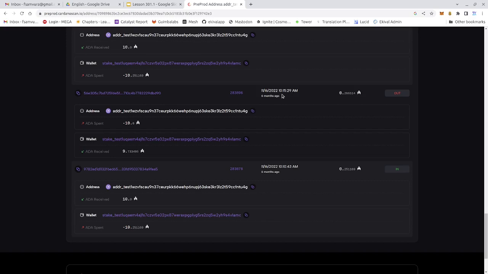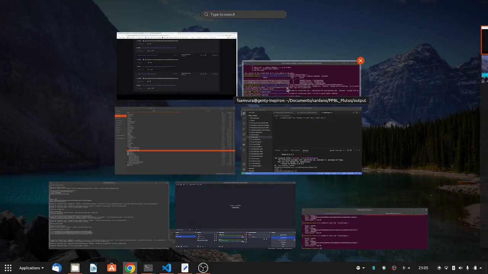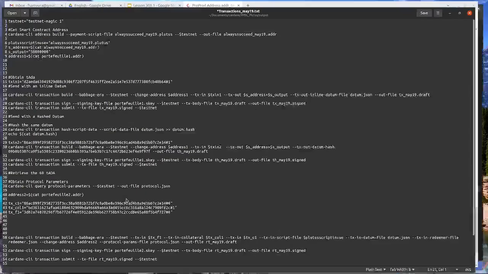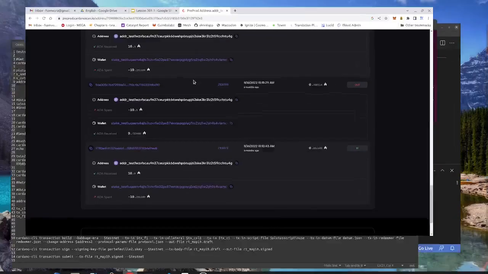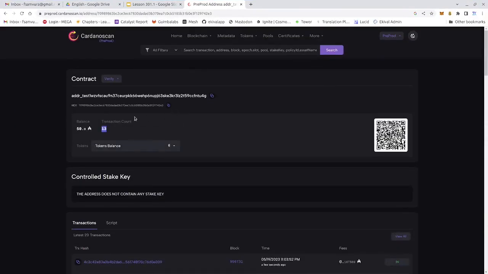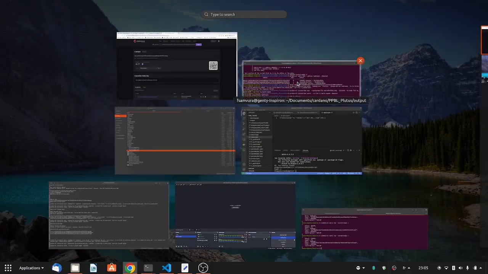So you can create the same smart contract, and people may actually create the same address by creating the smart contract, and you'll both actually have created the same smart contract unknowingly. Okay, if the logic is similar. So we have sent the datum with an inline. On Cardano scan, you can see it appears with 50 ADA as a balance. Let's see how it appears on the